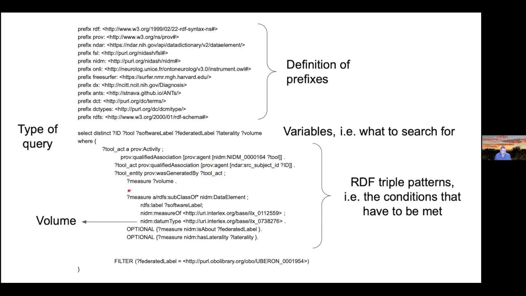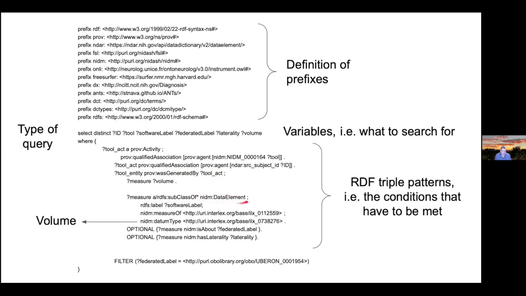We then need to further classify this measure. So this measure is a subclass of an IDM data element, right? So there are a number of different types of data elements that exist. And what we're looking for, right? So we're looking for these